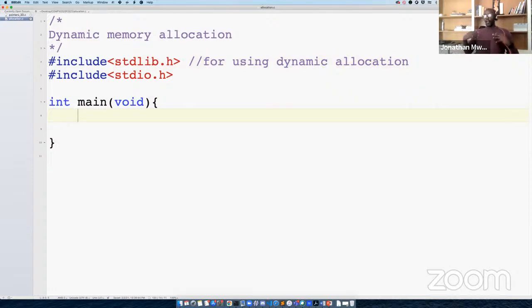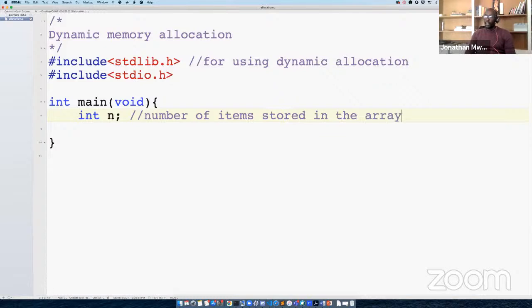The context is, if we do not know how big we need our array to be, and therefore we cannot really ask the memory manager to get that memory for us on the stack frame, then the best thing to do is to create some variable, for example int n, which would be the number of items stored in the array.